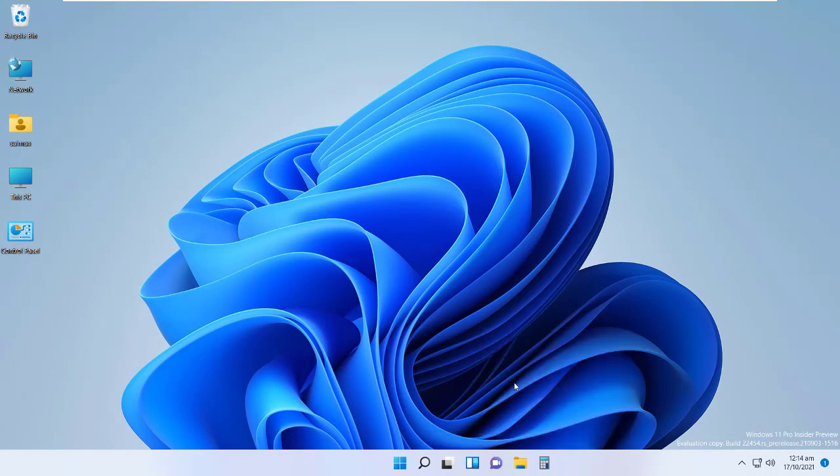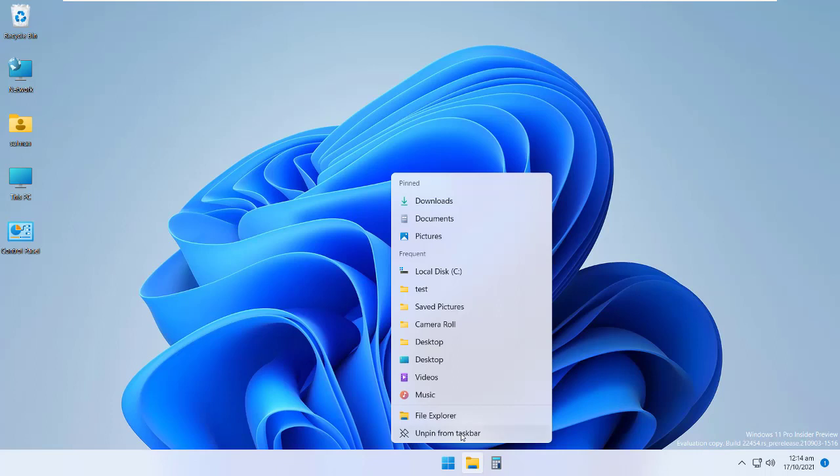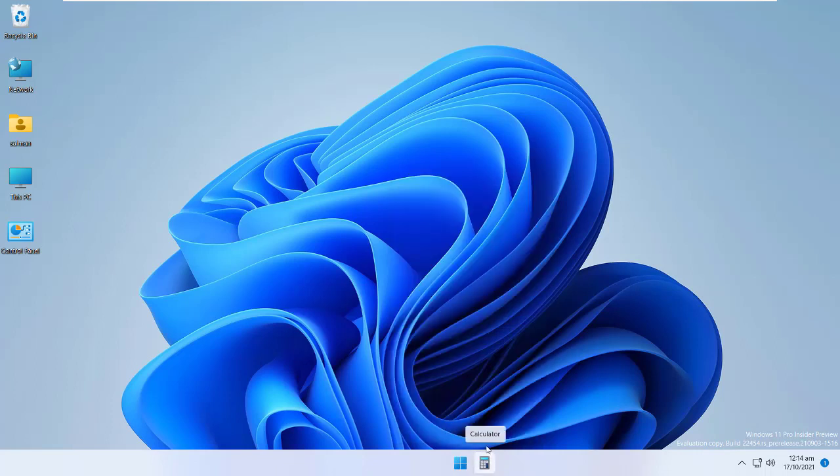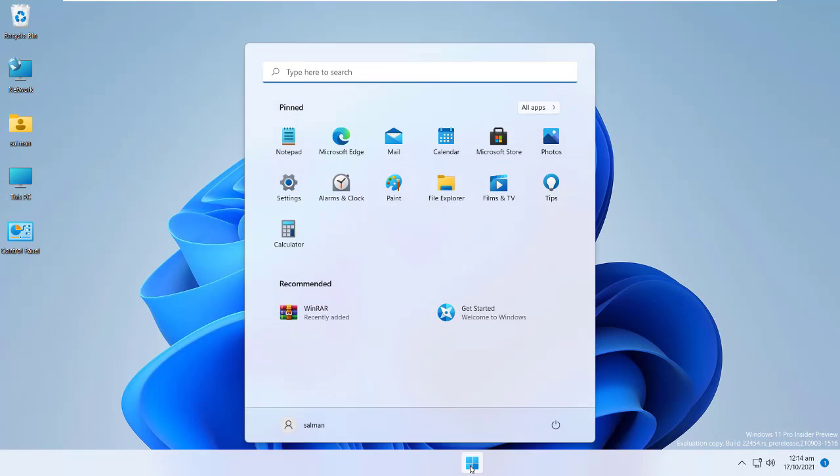For example, if by mistake I remove this icon from here, and I also remove this one, and this one, and now I also unpin this icon from the taskbar. So by mistake, if I remove all the icons or all the default applications, how do we get them back? The method is very simple. I need to click on the start button and move to the settings.